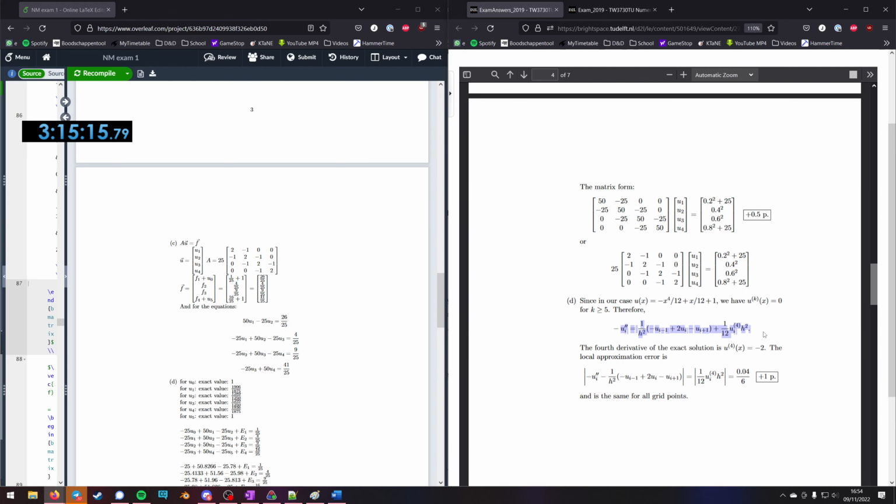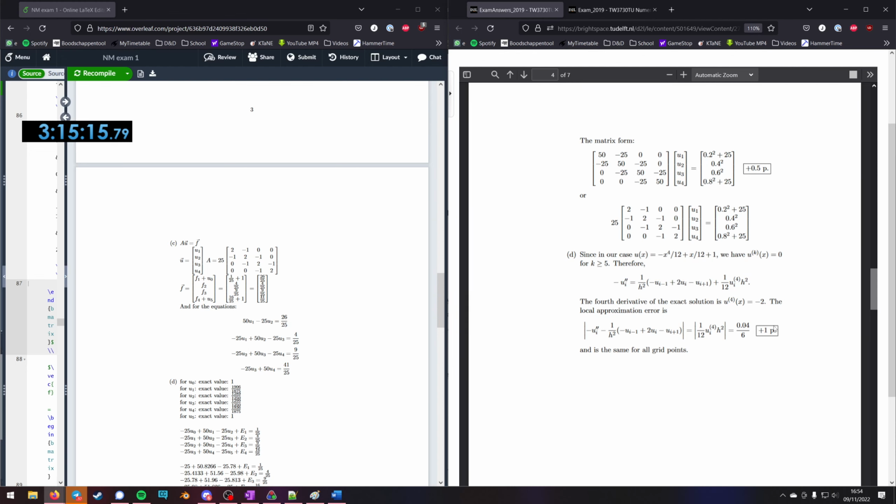So they're taking the Taylor function until it stops, and the fourth derivative of the exact solution is -2. So this is minus two everywhere, no matter what the length is. If you do the derivative of u(x) 4 times, it's -2. Fair enough. So then the approximation error is